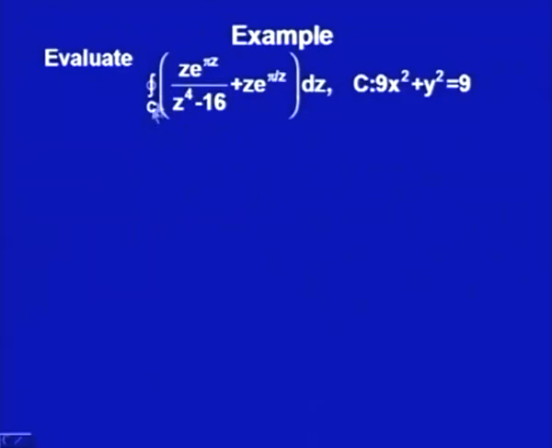Evaluate the integral of z e to the power pi z upon z to the power 4 minus 16, plus z times e to the power pi by z, with respect to z on the contour C, where C is an ellipse. If I write this equation in the x y coordinates, it is 9x square plus y square is equal to 9. Of course, we do know that in the complex number